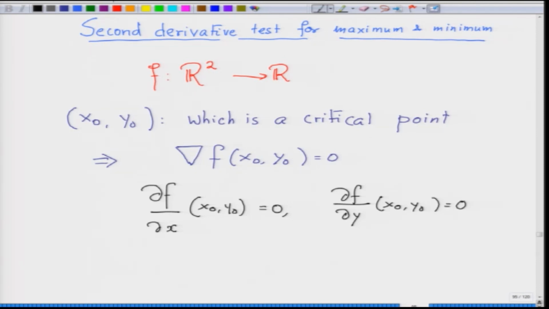We have shown that any point satisfying this, unless you have an assumption of concavity or convexity, you need not have it to be a minimizer. So, now assuming that x naught y naught is a critical point,